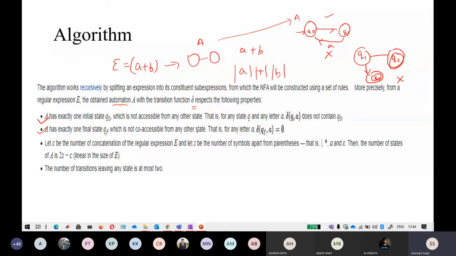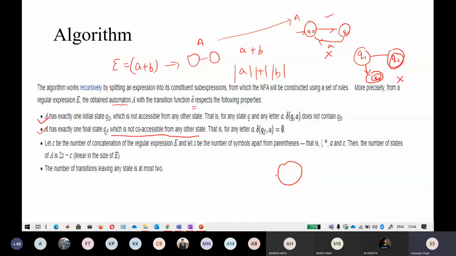Keep in mind also that the automaton has exactly one final state which is not co-accessible from any other state. It means that if the automaton has exactly one final state, say the scenario is given like this: q naught has only one final state, q1, accessible from q naught.